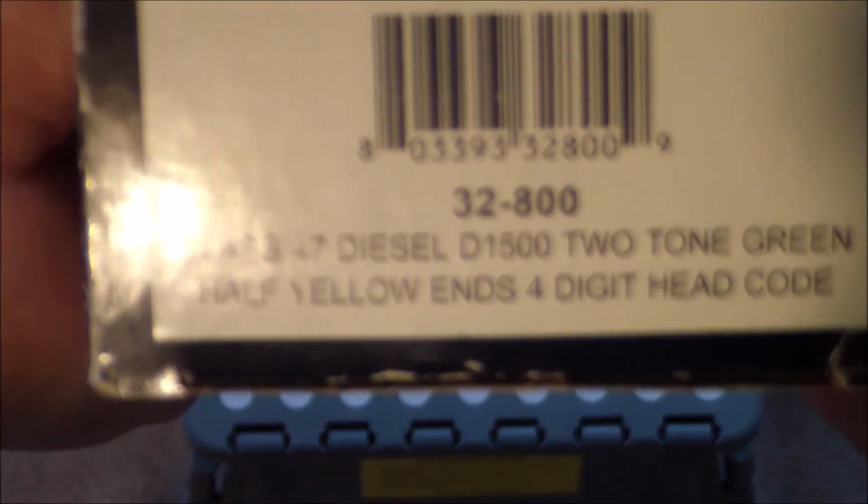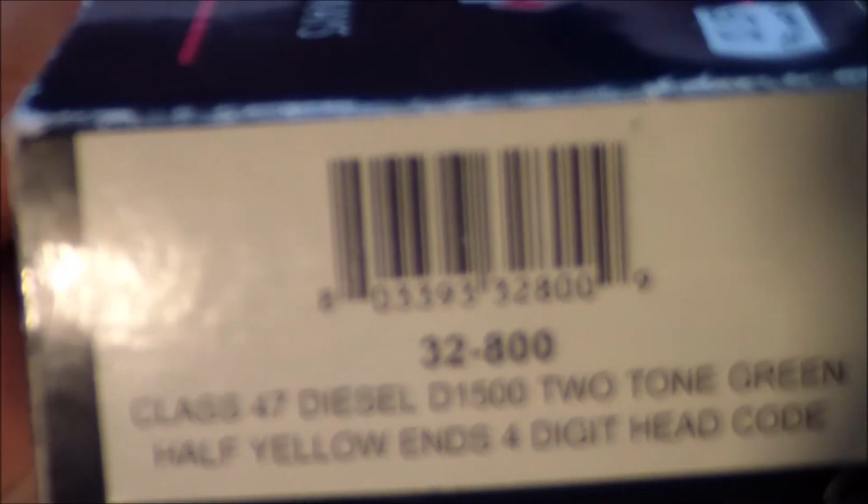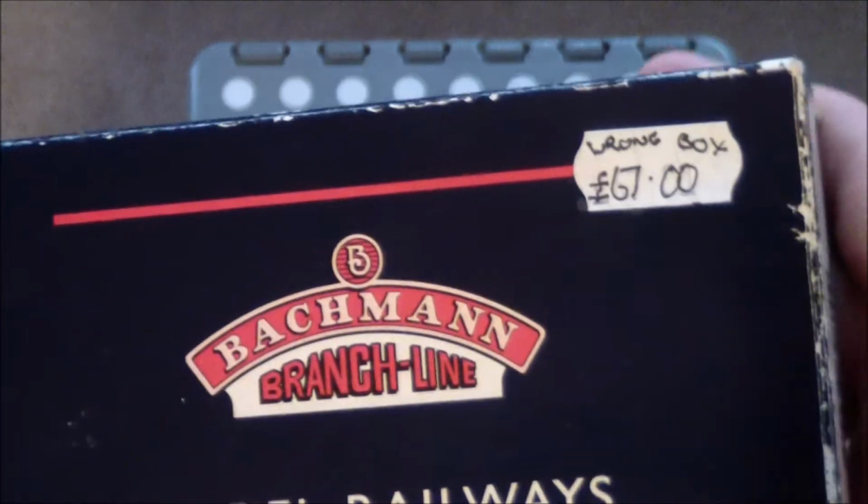Now if we turn to the side, it is the wrong box. As you can see, it does say D1500 there, but I believe that this particular one was custom renumbered, and it's also been weathered as well, but for 60 quid. As you see, it's at 67, but as I say, I got this for 60 quid, bargain price, especially considering